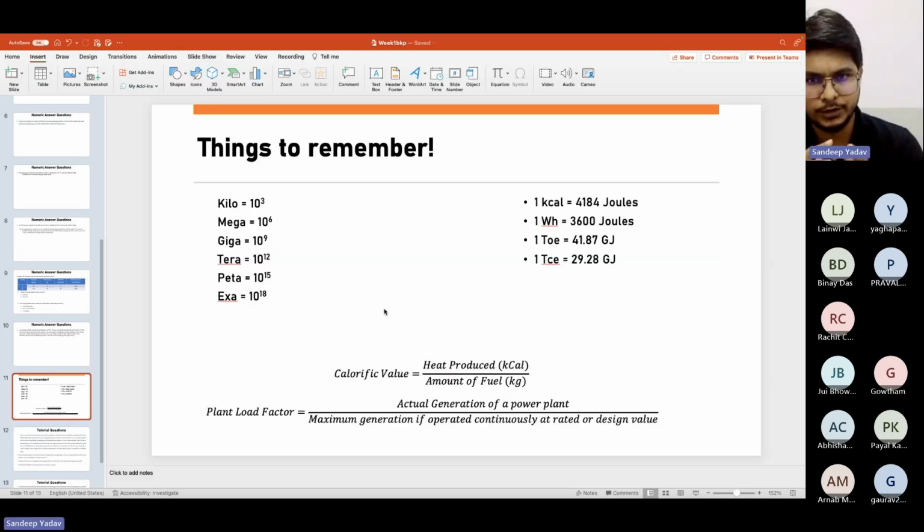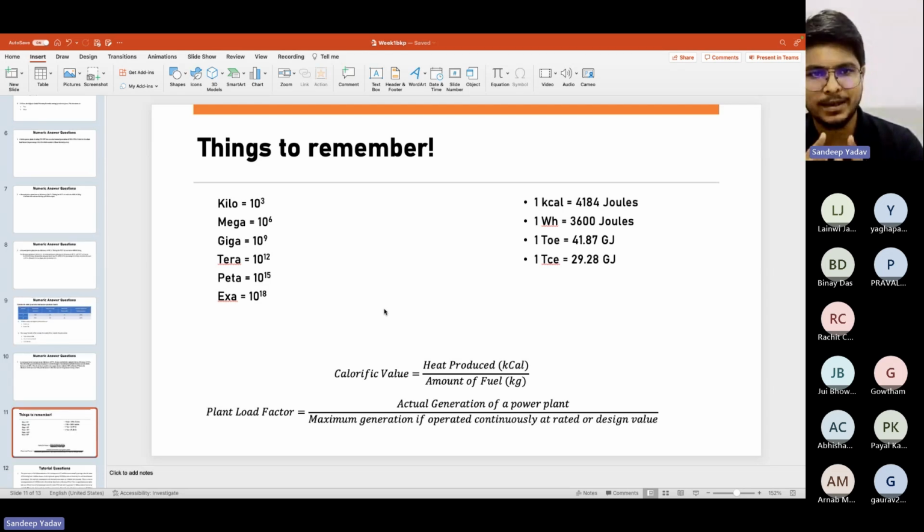Don't know the unit conversions. So these are the unit conversions. Kilo is generally used for 10 to the power 3, or 1000. Mega is 10 to the power 6. Giga is 10 to the power 9. Tera is 10 to the power 12. These are the unit conversions that I've used. Similarly, we will see here, we have used 1 kilowatt hour for